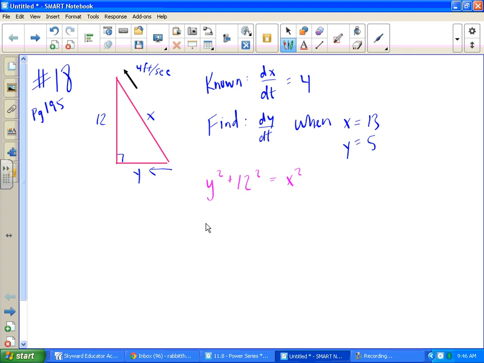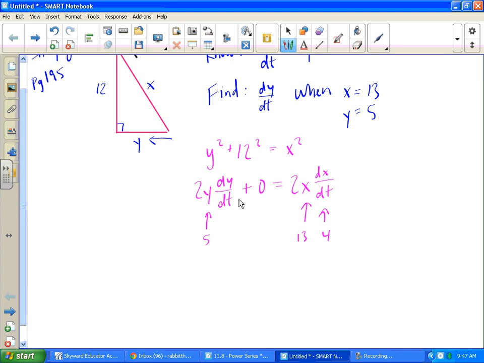Now with this, I take the derivative with respect to time. So this is 2y dy dt plus 0, because this is just a constant there, equals 2x dx dt. And then we can plug in the pieces. So I know dx dt is 4, so I'm going to plug 4 in here. I know x is 13 at the spot I'm looking for, and I know y is 5. So if I plug in all those pieces, I have 10 dy dt equals 2 times 13 times 4. What's that? 104. And then divide by 10, and I get dy dt is